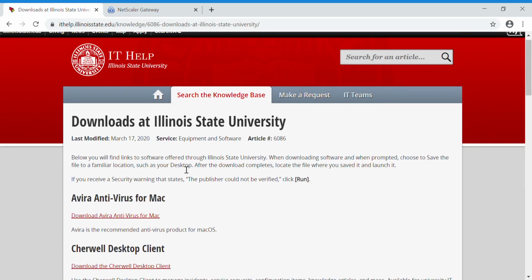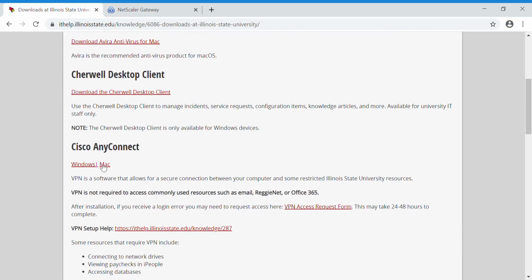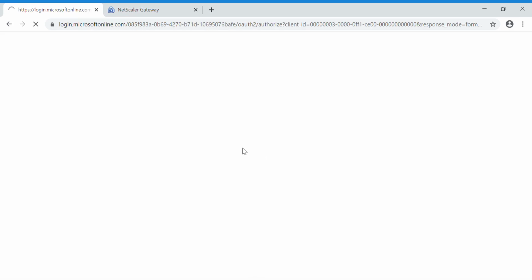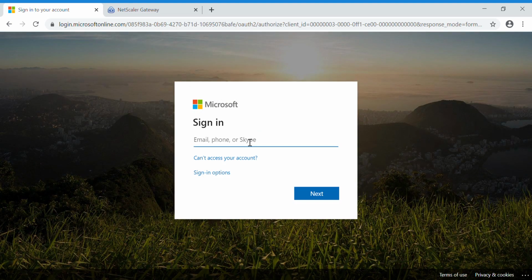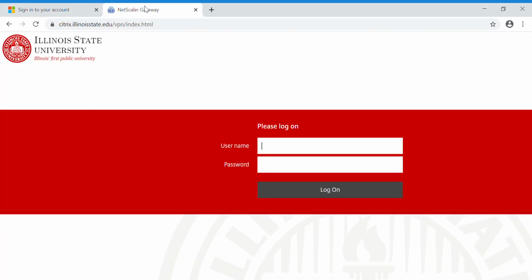From there, go down to Cisco AnyConnect, click on Windows, log in using your Office 365.illstu.edu account, and from there it'll download an app for you called Cisco AnyConnect. Install that program, and when it runs for the first time, log in using your ULID. Once Cisco VPN is running, go to